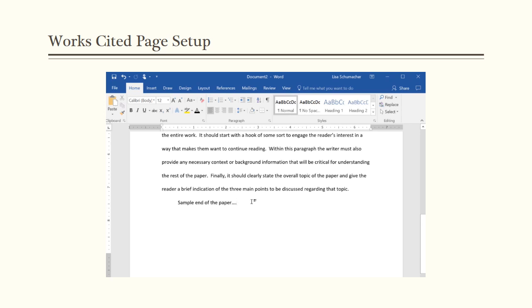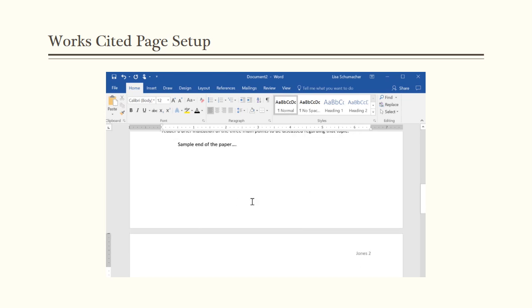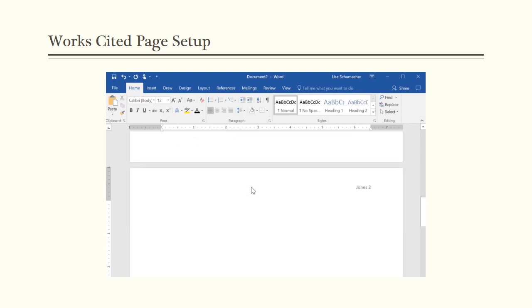And what you do not want to do is start hitting the Enter key to get to the top of the next page. That's a big no-no. What you want to do is use the page break, and I'm hitting the Control and the Enter key at the same time, and notice how that started a brand new page for me, and my cursor's right at the top of that page. What I need to do for a works cited page is put that title Works Cited at the top. Nothing special or exciting. Go down to the next line,